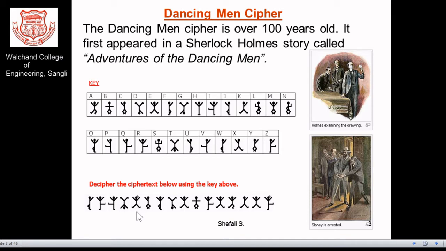Out of this first word you have a total of 5 letters. So how much time is required to decode this one? It is not exactly big O of, or proportional to, the size of your particular word, because you are now in a position to find out that if it is W-R-I, definitely the word is right. So you can guess the particular word. This particular guessing I would refer to as a dictionary attack. We can come back to dictionary attacks later in our literature, but this is a very good example of a dictionary attack.